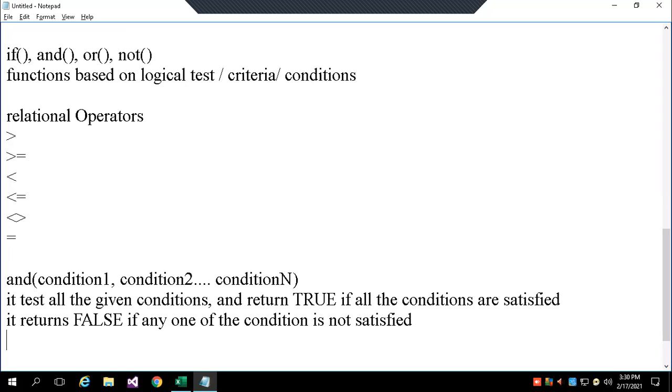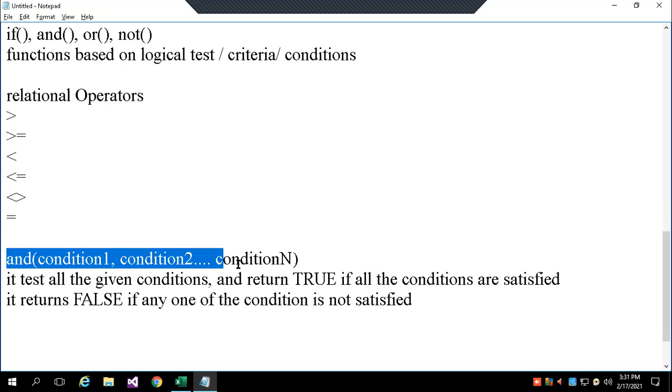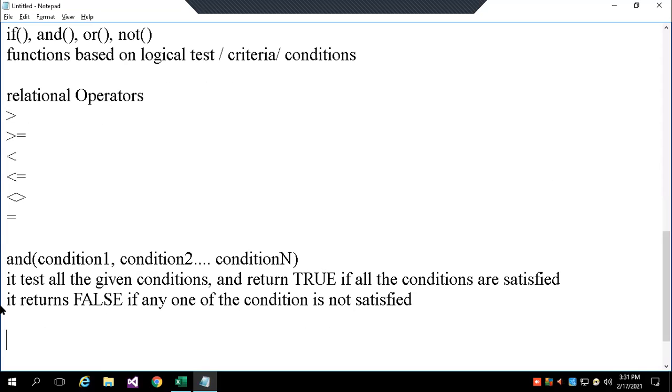So in any case where I have to test multiple conditions, if all the conditions are true, then I have to execute the true part. If any one of the conditions is not satisfied, then it should write the false part. Similarly, instead of AND, there is OR. In OR, if at least any one is true, it returns true.